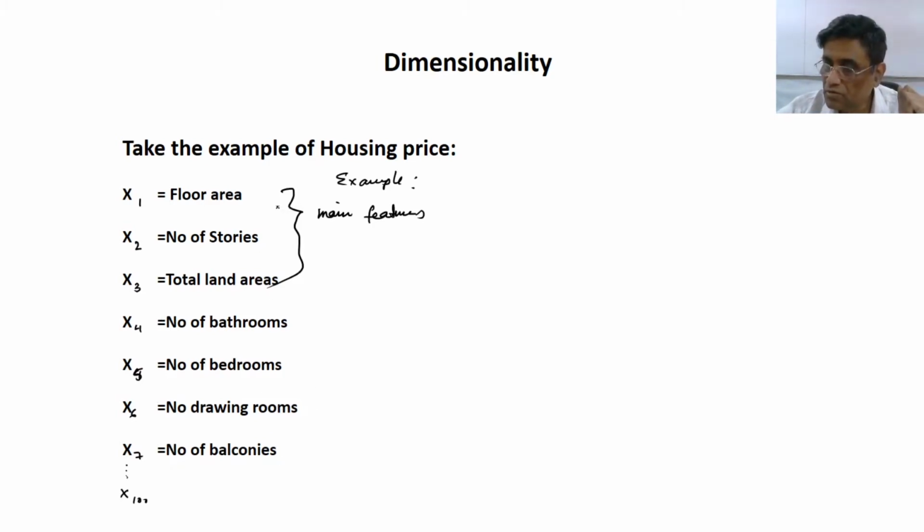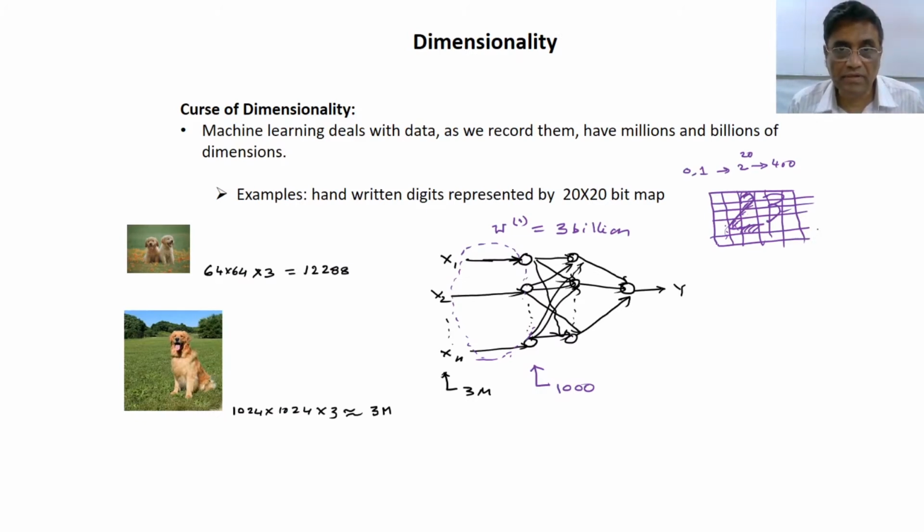So out of so many features, there will be a few features which are of larger interest, and can we figure out those dimensions, features, because we somehow need to reduce the dimension,